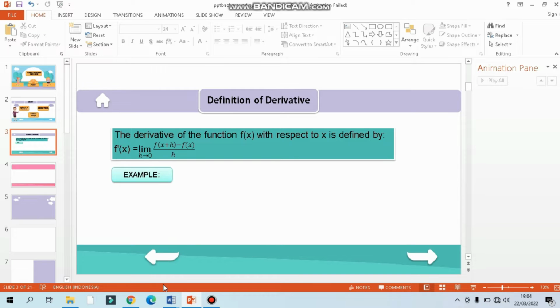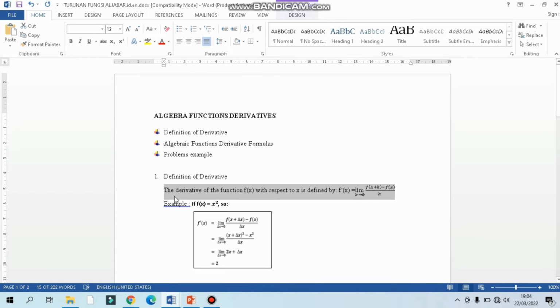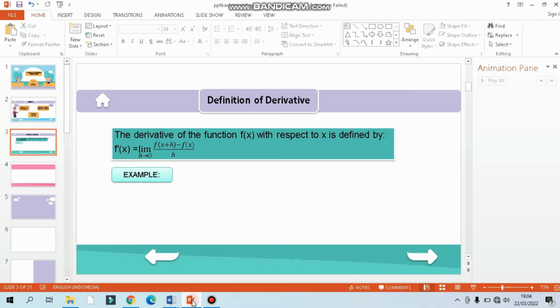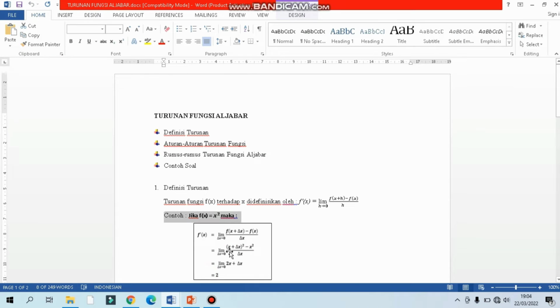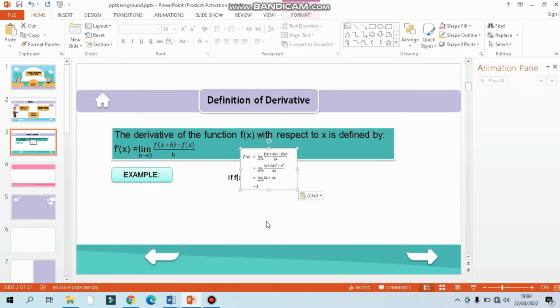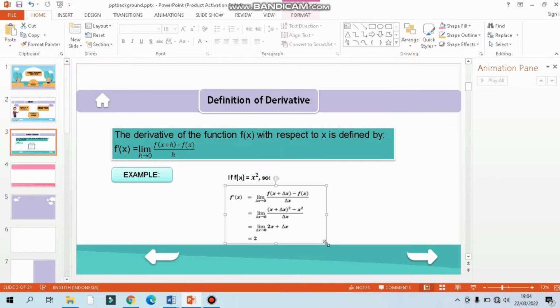Okay, for example, we make where f(x) equals x squared, so f(x) and x.